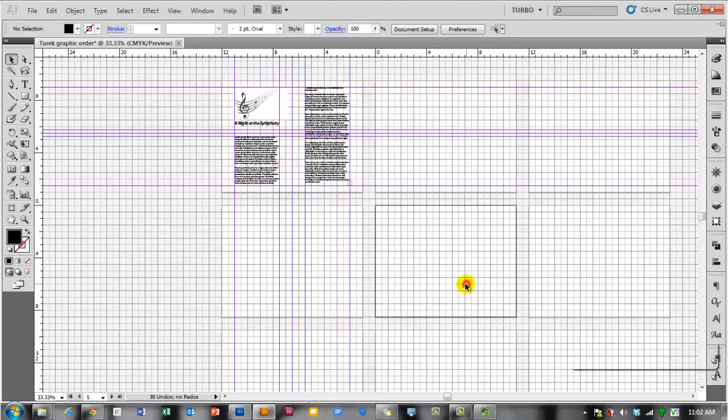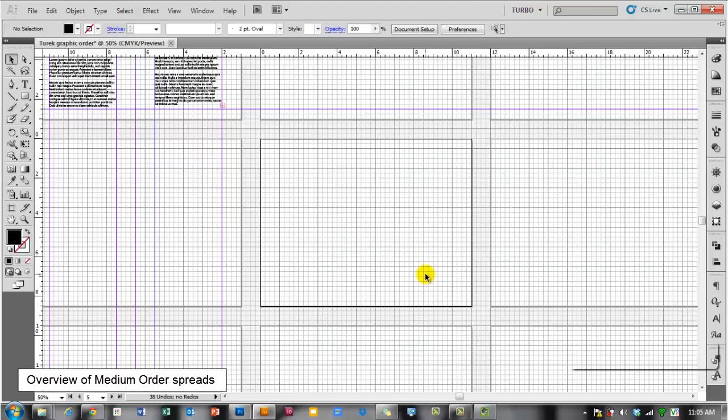So let's move on to medium order, medium graphic. Okay, so now we're on medium order and medium graphic. Medium graphic just sort of means it's about a 50-50 balance between picture and text. So we're actually going to do something special with the picture this time, and I'm not going to set the